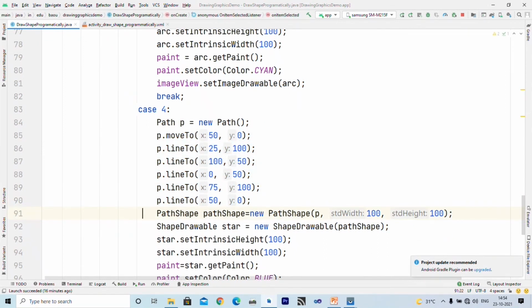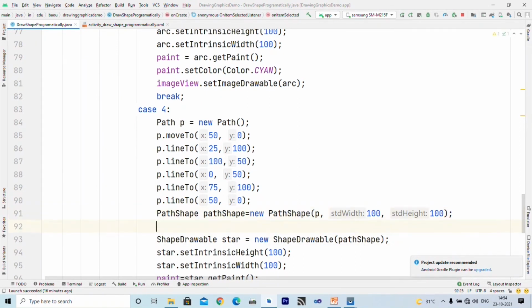After that you have to create the path. So I have declared one object of PathShape, and inside the instance of PathShape we have to specify the path that we want to draw, its width and its height. So remember, first you have to create an object of Path, then you have to specify the path on which you want to move, then you have to create a PathShape object, and inside that you have to specify the path and its width and height.